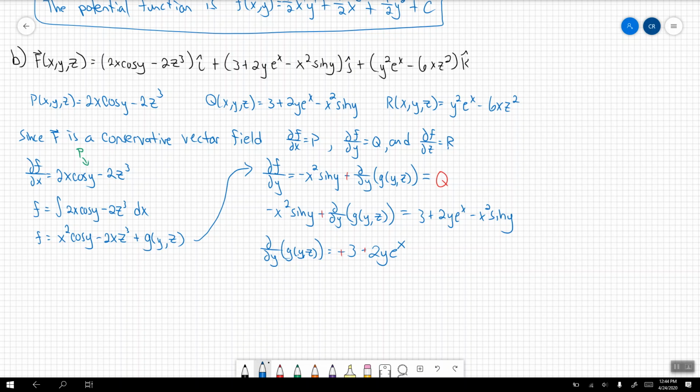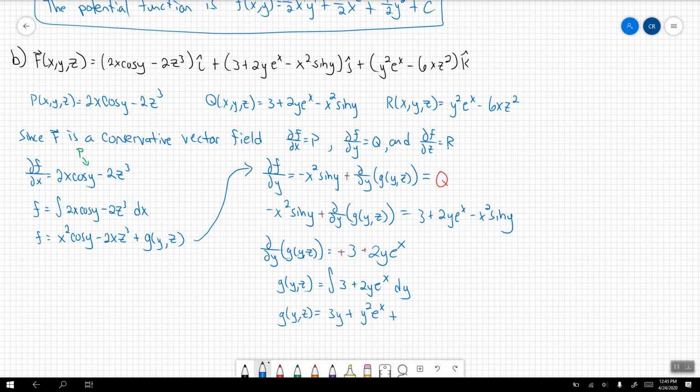Now I'm going to integrate both sides with respect to y. That way I can solve for my function in this particular g of y and z. So I'm integrating this function 3 plus 2y e to the x with respect to y. So here we go. This is now going to be 3y plus y squared e to the x